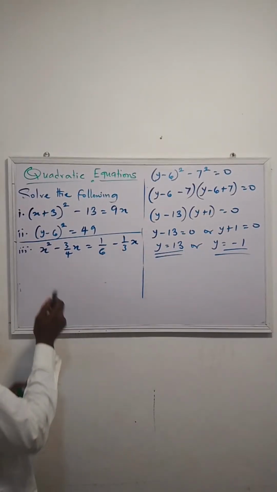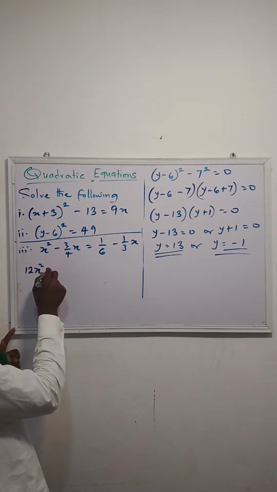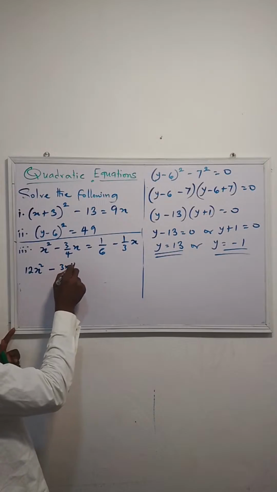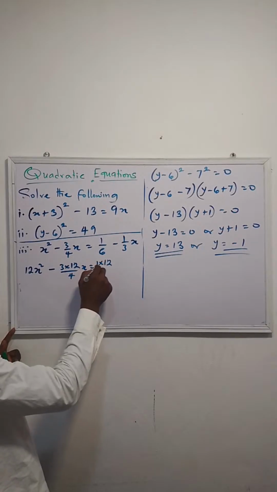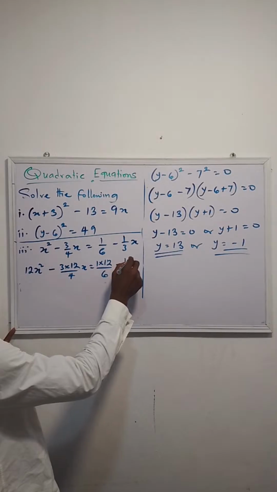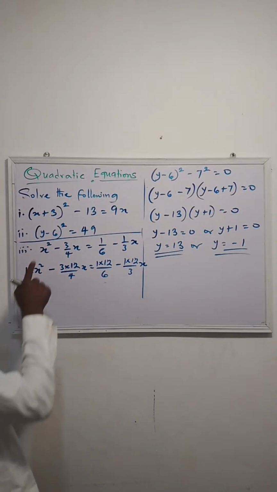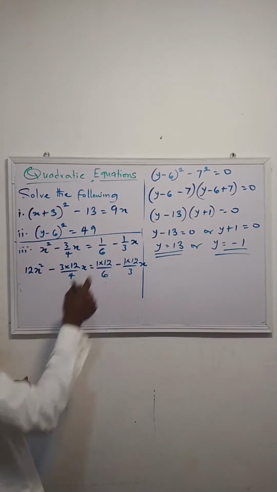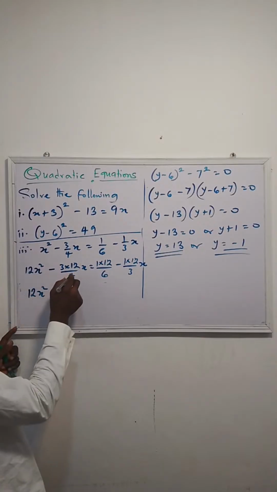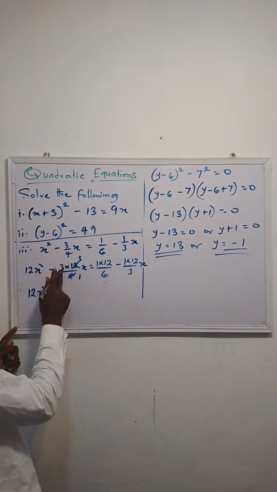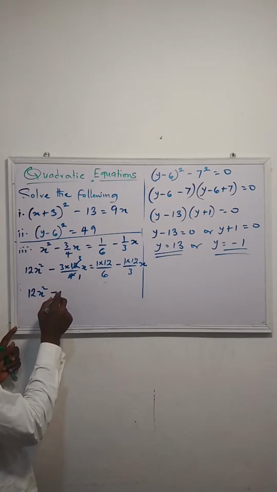And let's do that. So we have 12 times x squared minus 3 times 12 over 4x equals 1 times 12 over 6 minus 1 times 12 over 3x. I hope you understand that. So we multiply each of them by 12. So now this gives us 12x squared. Now 4 goes into 12 three times, so we have negative 3 times 3. That will give us negative 9x